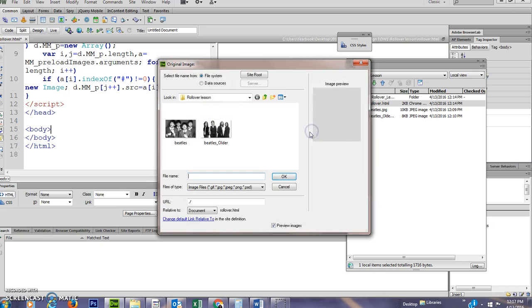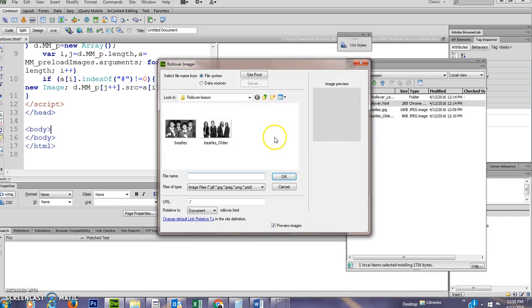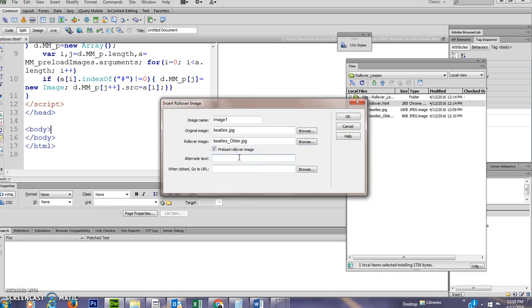So I'll go ahead and browse for the first image, which in this case will be the Beatles when they were younger. And then the rollover image I'm going to choose, again I just clicked browse, is this one right here. I'll click OK to that message. Alt text is as it always was. It gives the visually impaired user or the user who chooses not to view any images and only do text-only browsing. It tells them what images they are missing, gives some descriptions for it. So click here for the Beatles